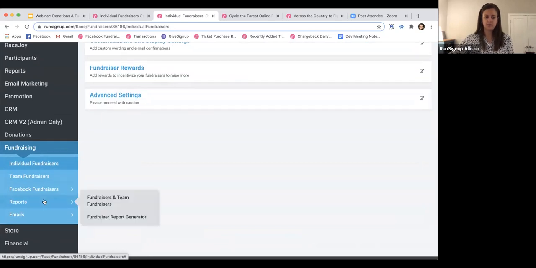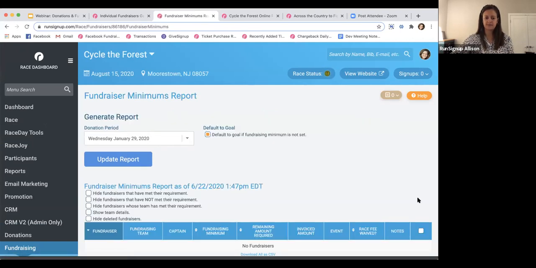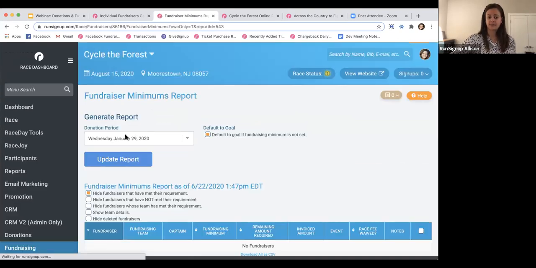So I'll just show you how I would go in and auto charge my fundraisers if they didn't meet the minimum by a certain date. So I would come into reports, and up here I have a fundraiser minimums report. So I would click that fundraiser minimums report. I don't have any data in this event, but what I could do is I could hide my fundraisers that have met the requirement. And then just depending on how I want to handle this, I can use this to